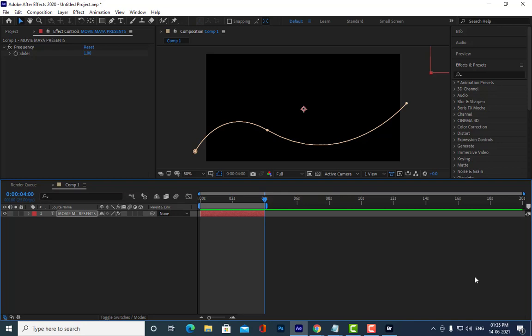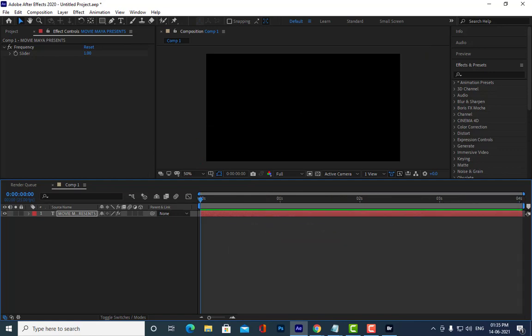Anybody can tell? Nobody can tell. Right click, trim comp to work area.